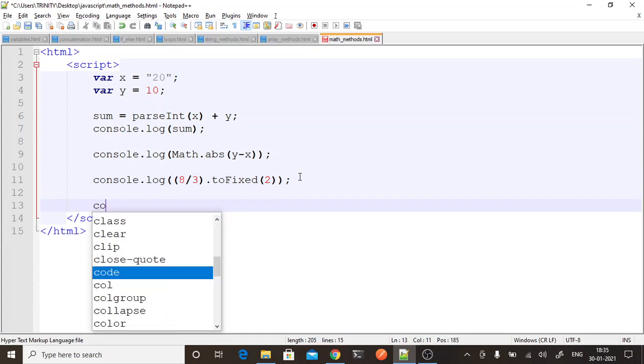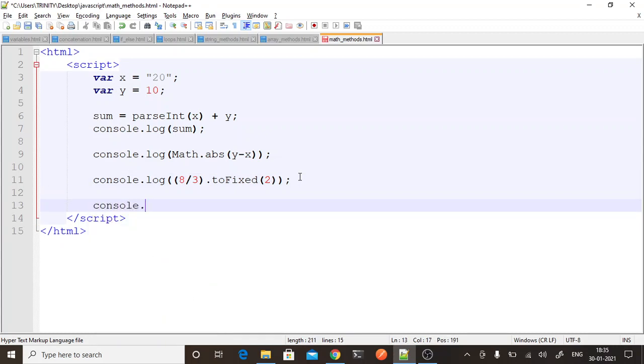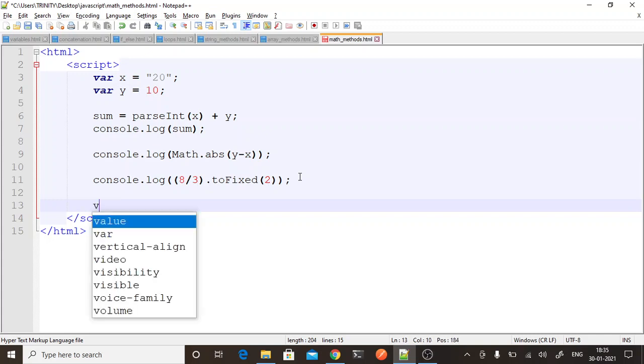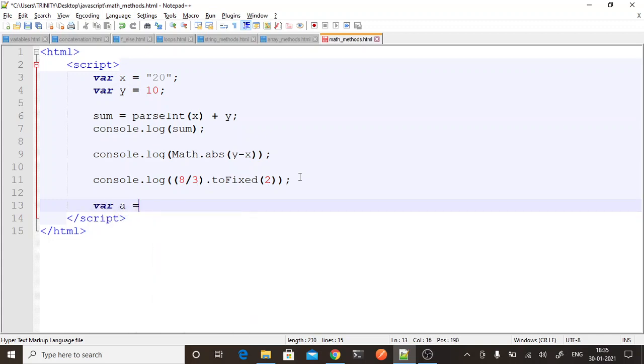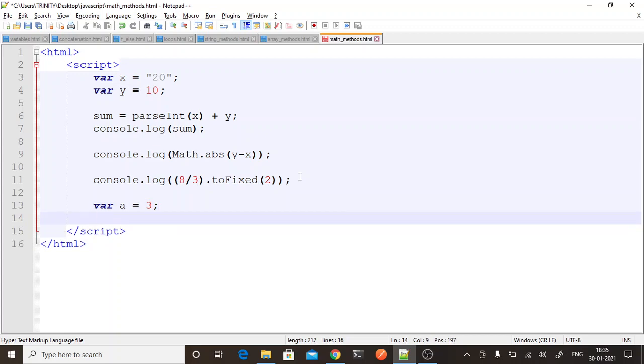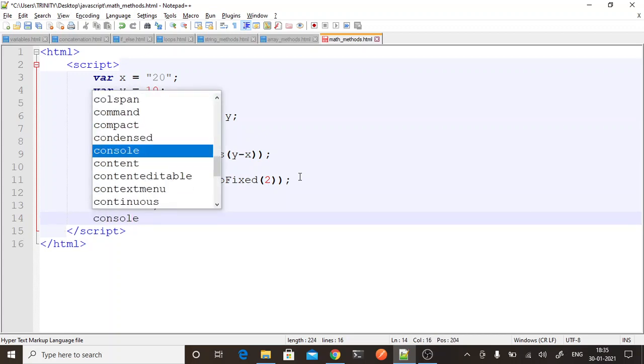Let's say I want to print square. In a variable I have value 3 and I want to print the square.